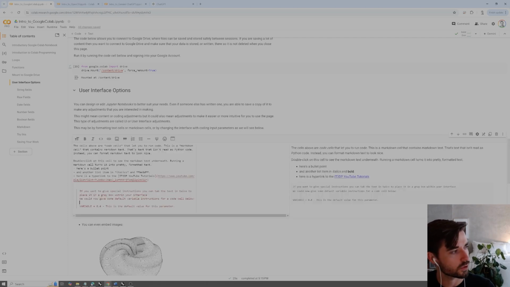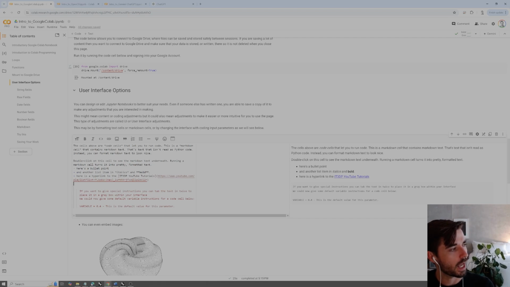So if we take a look at the structure here, we have a way of referring to hyperlinks within open and close brackets, so we can name that hyperlink a particular name. So that's the link to this tutorial series. We can also make italics or bold by placing in single asterisks or double asterisks. We can also define a bullet point using a dash, and we can double click either into the text to open it up and edit, or double click on it again to close it and hide this kind of background